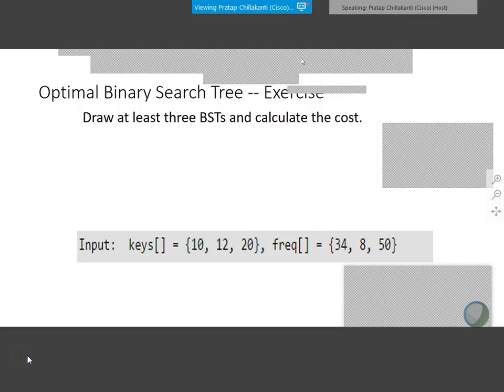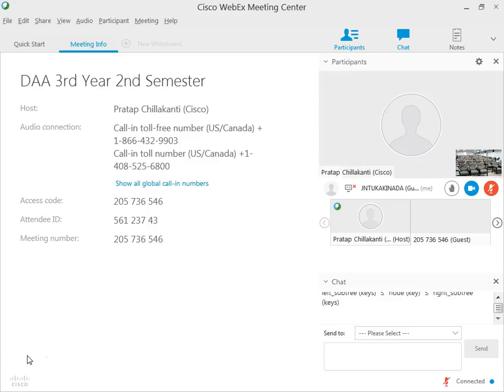Okay, so I had it right here, right? This is how we define the cost: the level of the node multiplied by its frequency. And we said the keys occur in a certain frequency, and we gave an example of an online dictionary, like what you do on the internet.